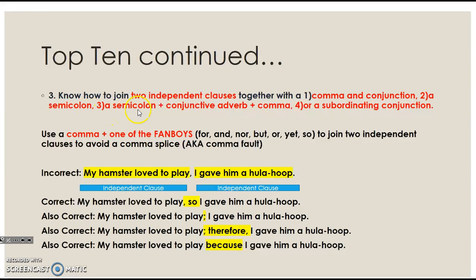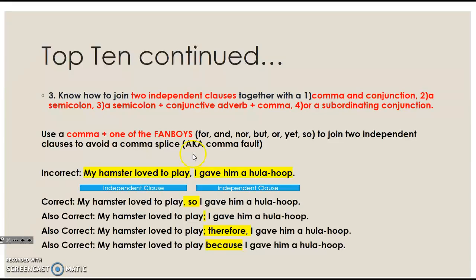A third way is to use a semicolon and a conjunctive adverb like however, therefore, moreover, then a comma after that. Or number 4, you don't have to use any punctuation at all if you just use a subordinating conjunction like because or while. So, use a comma plus one of the FANBOYS. FANBOYS stand for for, and, nor, but, or, yet, or so, to join two independent clauses to avoid what's known as